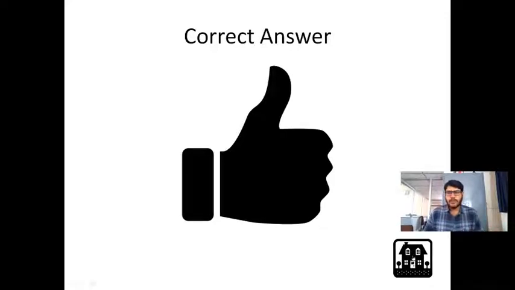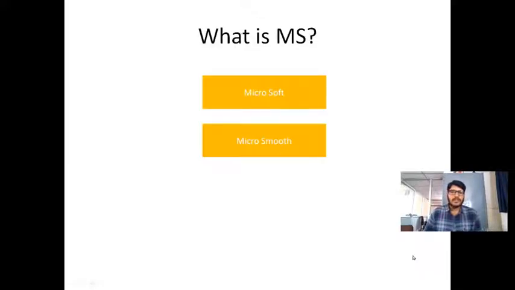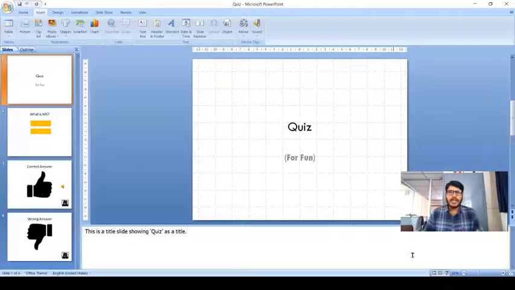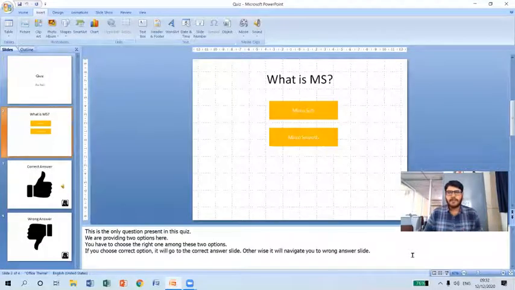And also I have included the home button as usual to navigate to a question slide. So if I click on this, it will navigate me to a question slide. So now let me show you how we can prepare these kinds of quiz shows. And you can see